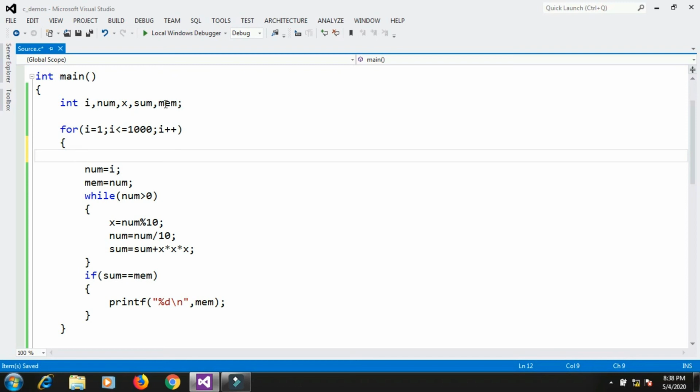That means I am checking 1, 2, 3, 4, 5 up till 1000, each individual number, whether it is Armstrong or not. So when I move from the previous number to the next number, say from 5 to 6, 6 to 7, 7 to 8, sum should be reset to 0, so that for the new number a new sum of cubes of each digit will be calculated. So sum equals 0, that statement will be here.